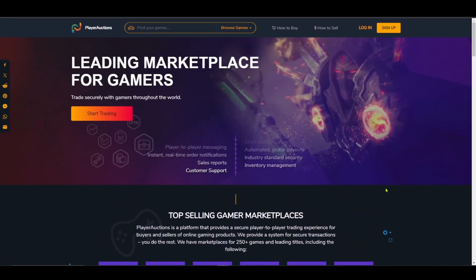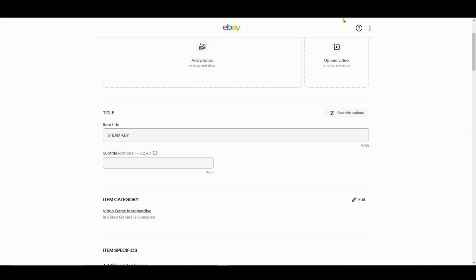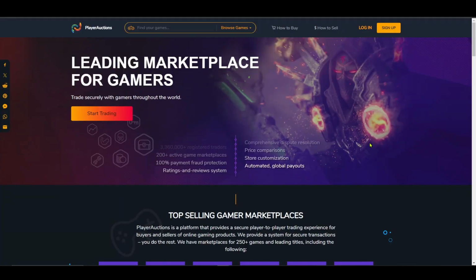Prices here are better than on eBay, as in it's cheaper, but not always, so you've got to be careful, and sometimes you have to buy a lot of whatever it is. But essentially you can come and buy a Fortnite account, a RuneScape account, whatever. There is plenty of risk with it. I would say the biggest risk is actually getting banned from the game.